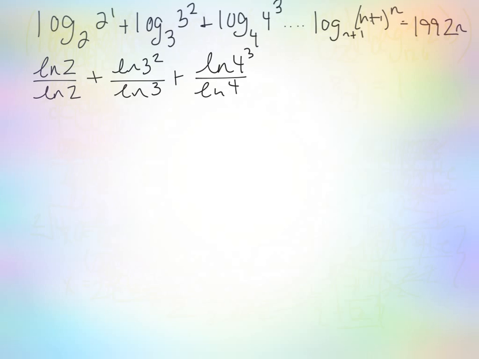Okay, we're going to keep it at that for now because what you can see here is that natural log of 2 over natural log of 2 is just 1 because they're the same term, so 1 plus. And if you were to move the exponent here in front of the natural log of 3, then you would get 2 times the natural log of 3 over the natural log of 3, which means that once again these would cancel out, so you would get 2. The pattern would continue over here, and this would be out, and then the 3 would just go in front. So you get 1 plus 2 plus 3, dot dot dot. Pattern continues over here, so don't even worry about the n plus 1. It's just n, and then equals